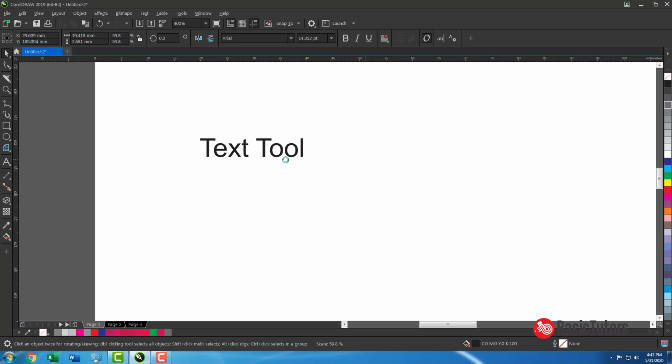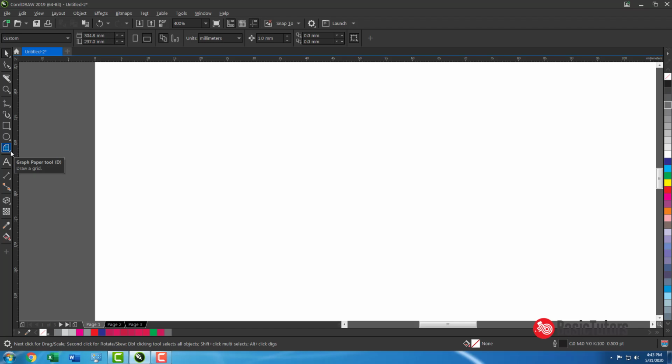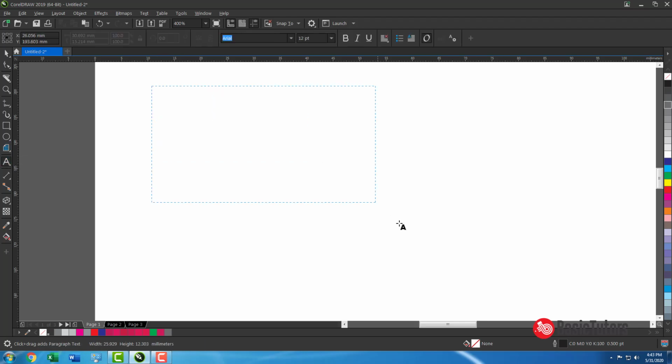You can select the text and move it over there or there. You can make a duplicate and keep it here. This is called artistic. Artistic means you can do some graphic things, intended for graphical work. The other one is called paragraph text. Paragraph text, the name itself says it is intended for paragraphs.